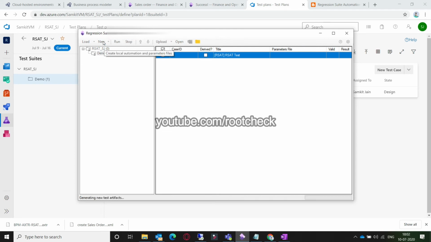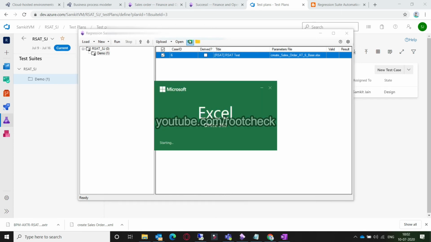It will create artifacts for that test case, basically the parameters which we are going to provide to the test case. You can change the item number for that particular process if you don't want to duplicate the same record, or if you have any validation over duplicate records. You could change any item name or the name for any product or something like that.